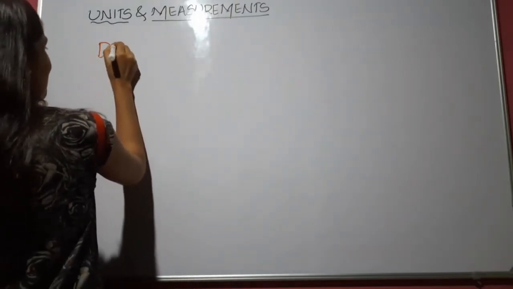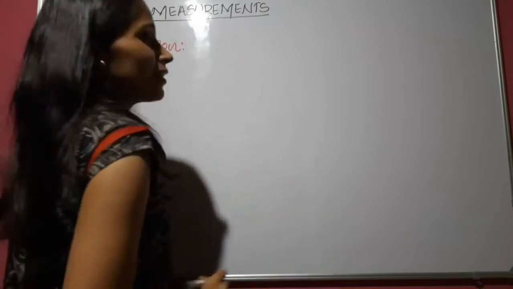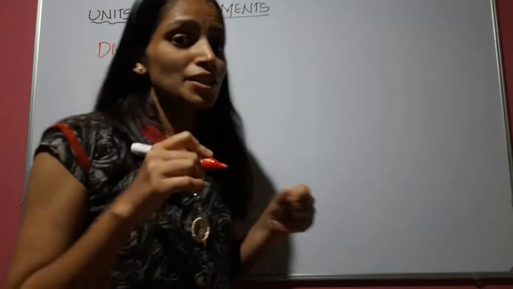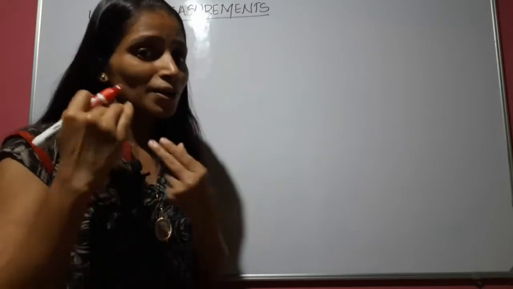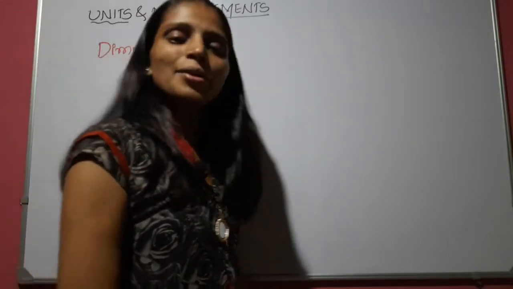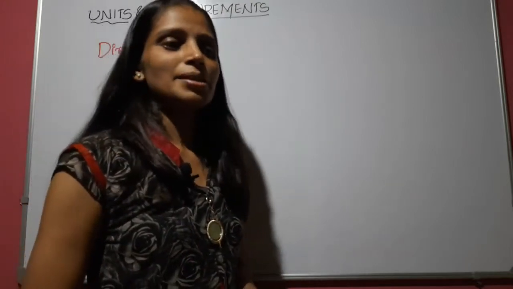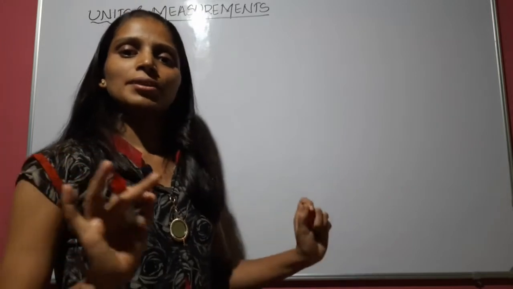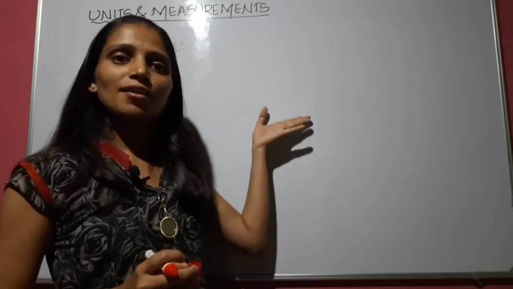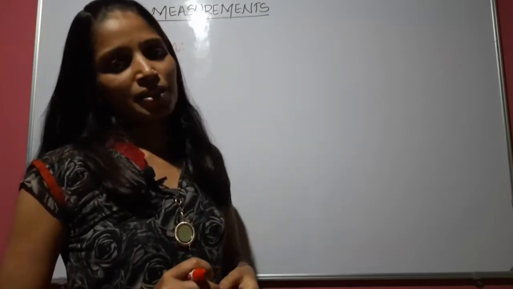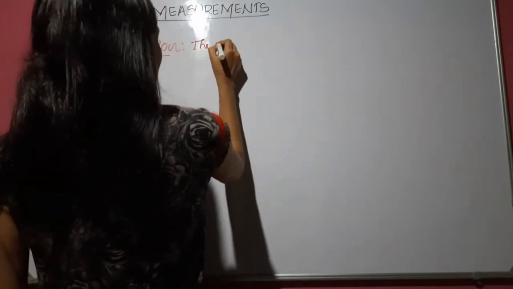Dimensions are the powers to which the fundamental physical quantities are raised in order to represent a derived physical quantity. We know a derived physical quantity is derived from fundamental quantities. That means a derived quantity is the product of fundamental quantities. That means we are going to express the derived physical quantity in terms of fundamental physical quantities. So dimensions are the powers